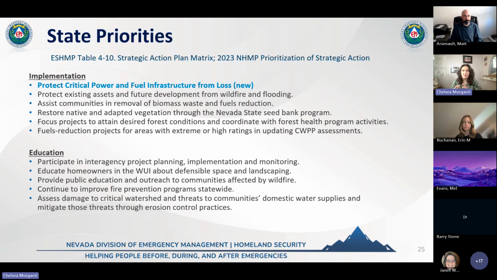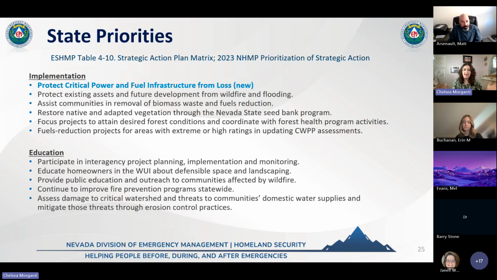It's important to note that there is a new state level focus on protecting critical infrastructure around power and fuel. This can mean secondary power sources. This can mean hardened electrical grids. We want to make sure that power continuity throughout the state is protected and supported. There are also additional state priorities, and these are identified in the State Hazard Mitigation Plan, which is another resource we're going to link at the end of this slide deck,